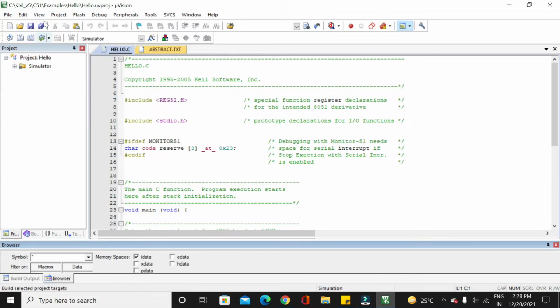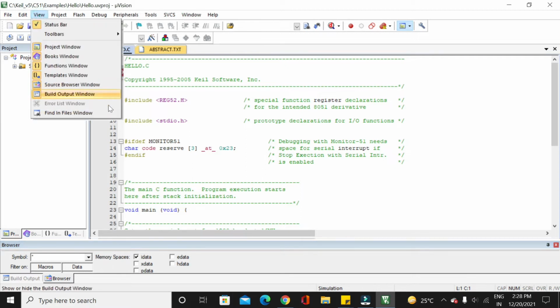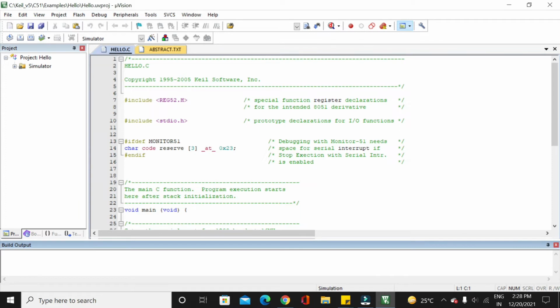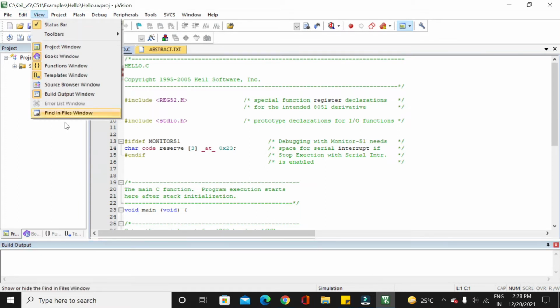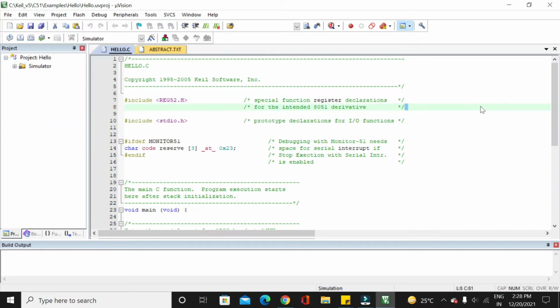You can see the source browser window is removed and then I open it again. This is how you can work with this software. You can open any window, whether it is in cascade mode or in a normal mode.